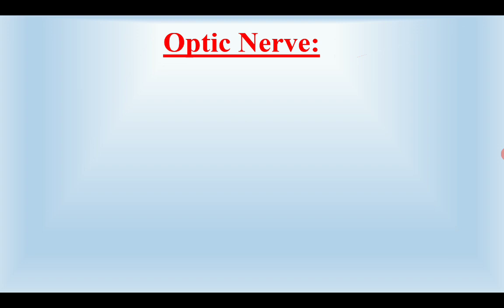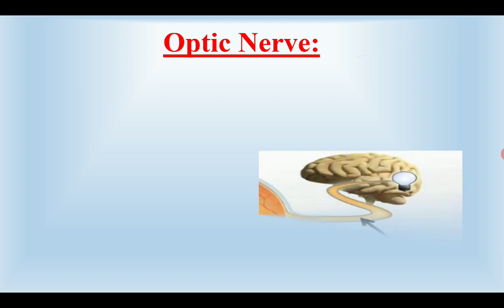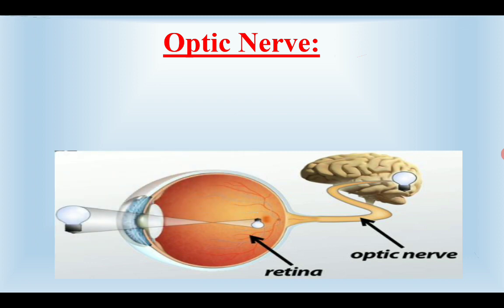Now our next part of the human eye is the optic nerve, and this is, students, a very important part of our eye basically. Now you look at the figure. We are having the eye. Here is the retina where the image of this bulb is formed. Now you can see from this figure that the bulb was erect, but the image formed is inverted. But whenever we are looking at objects, we are able to see them erect. Now, how is this happening?